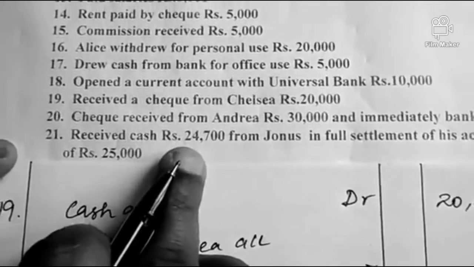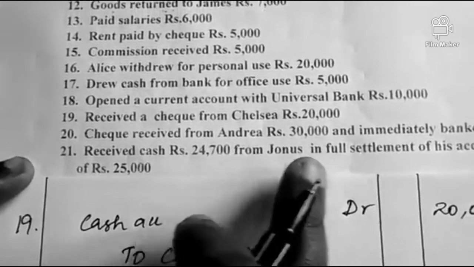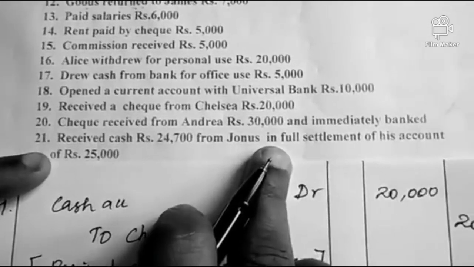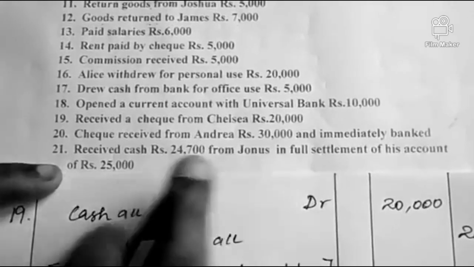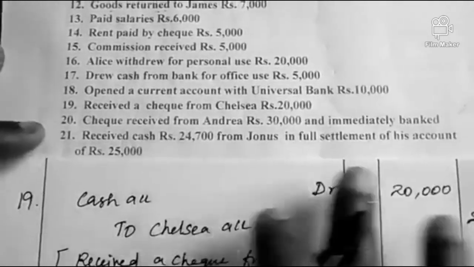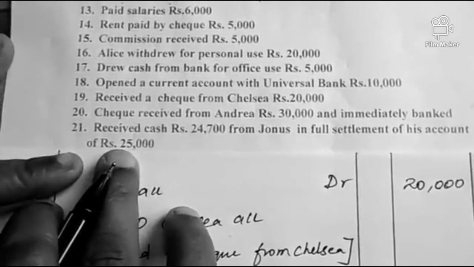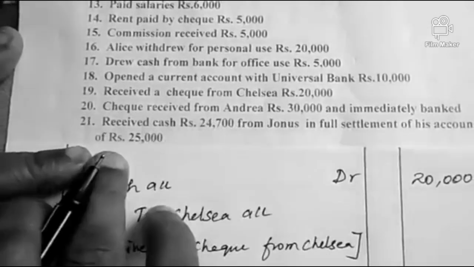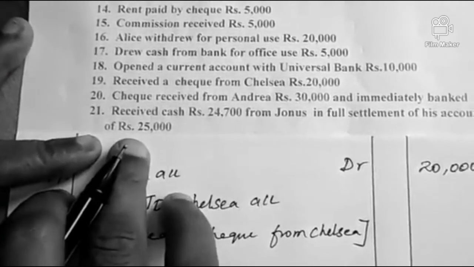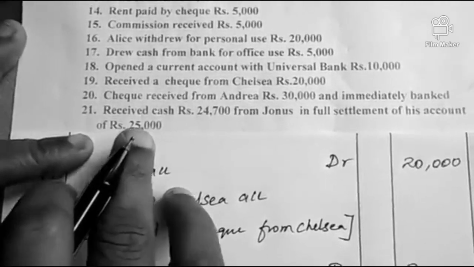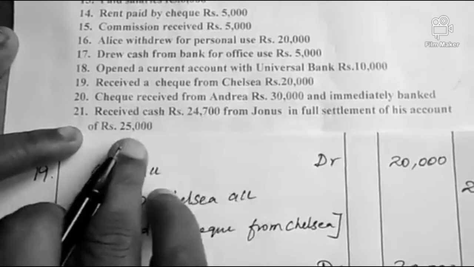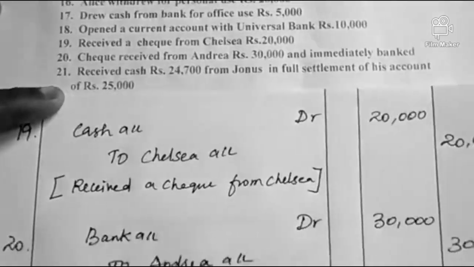Just look at the transaction. Received cash 24,700 from Jonas in full settlement of his account. So hereafter you are not going to receive any amount from Jonas. Jonas has settled the entire amount. Full settlement is over. How much amount? 25,000. So what is the difference between these two? 300 rupees difference is there, no? So that 300 rupees is a discount. Instead of 25,000 you have received only 24,700. The difference 300 is a